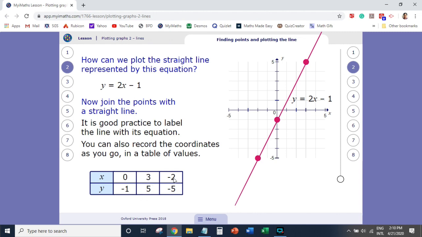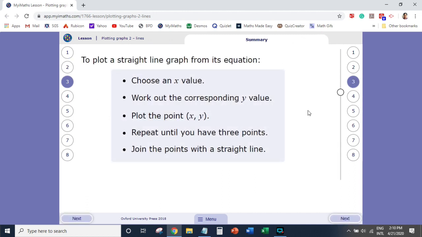If x is negative 2, y is negative 5. So it's just there. It is good practice to label the line with its equation. You can also record the coordinates as you go in a table of values like this. So here, I want you to pause the video if you want, so that you can copy this in your